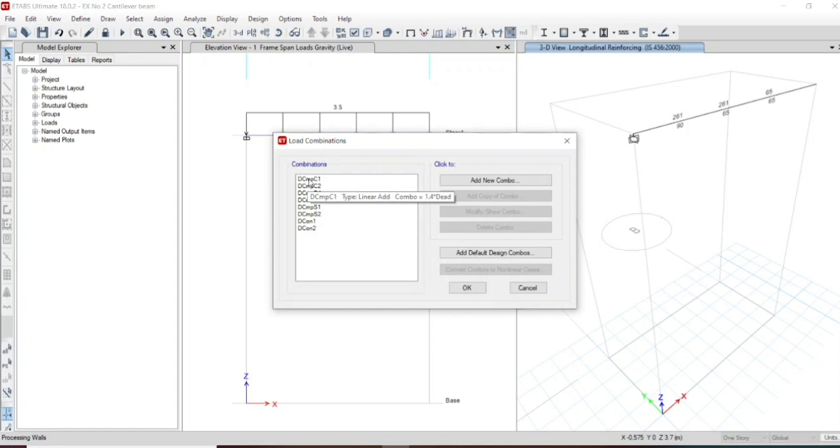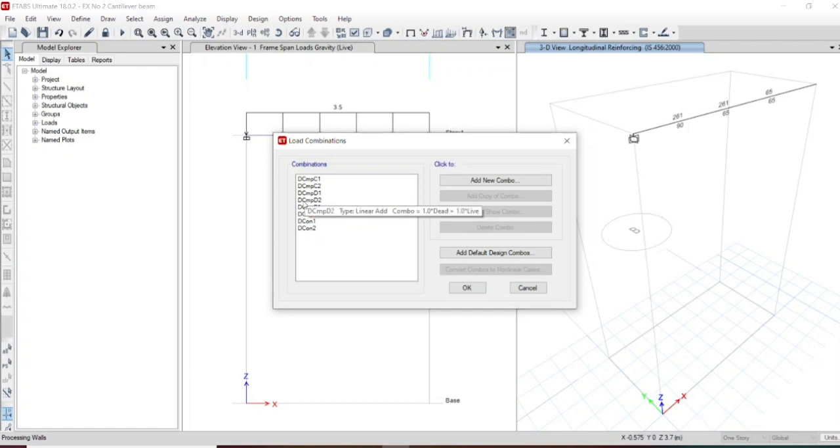You can see here, that is DCMPC1. What is it? Which is dead load into 1.4, and the second case is dead load into 1.2, and third case is the dead load.